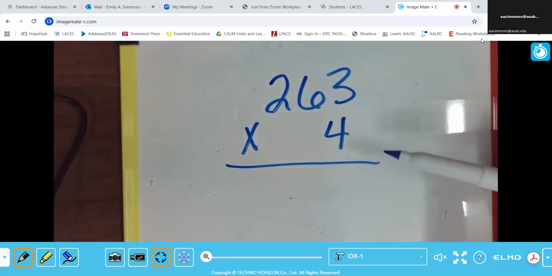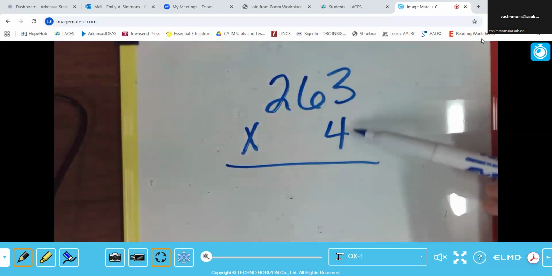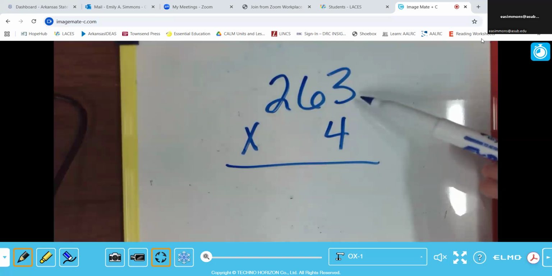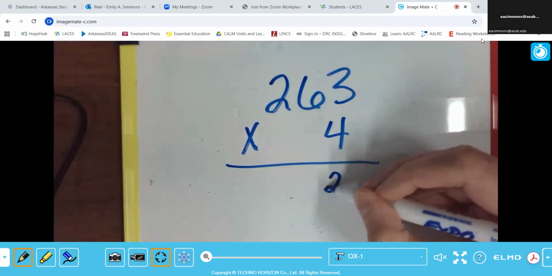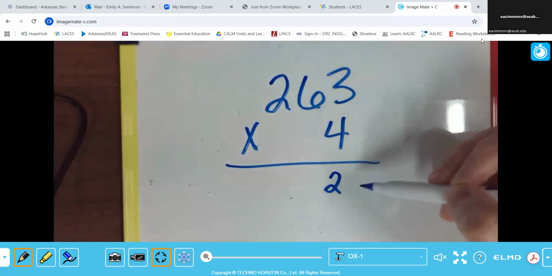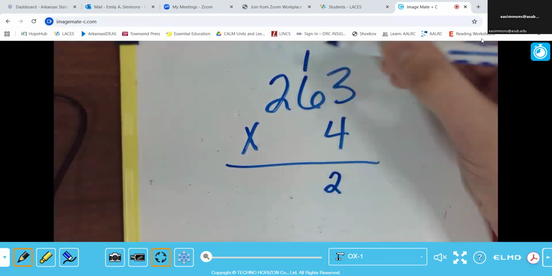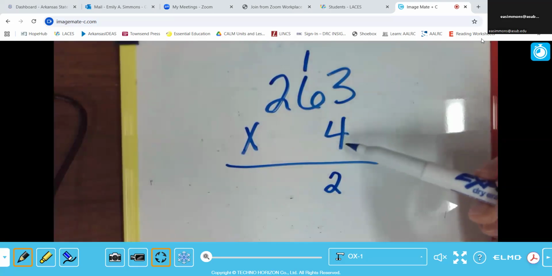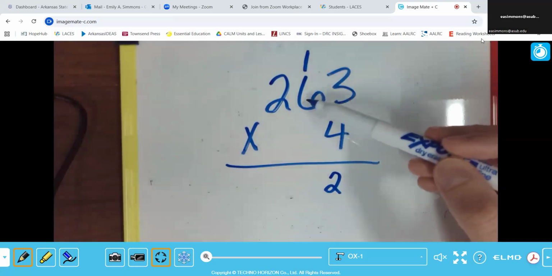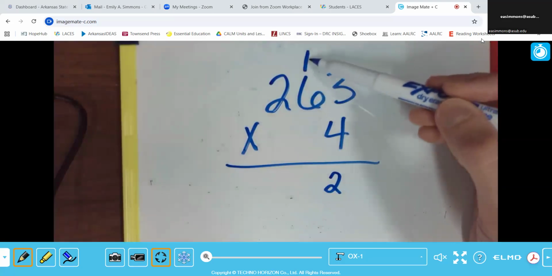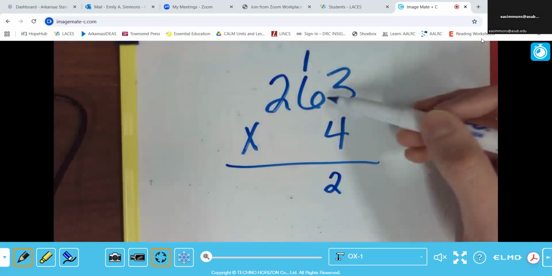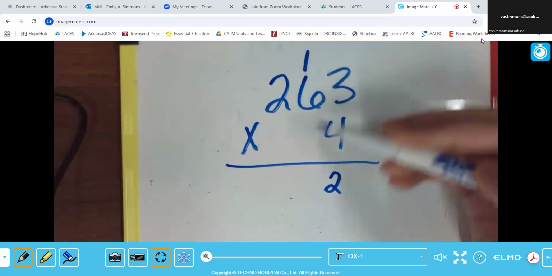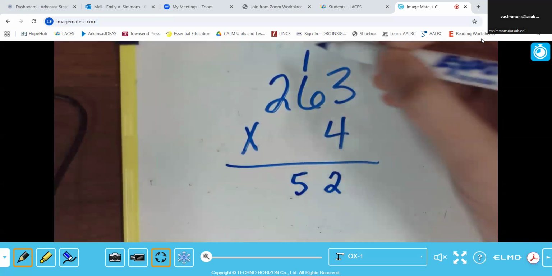When we do long multiplication, we want to multiply everything on the bottom of our multiplication problem by everything on the top. So we'll start with 4 times 3 to get 12. And when we have a multi-digit number that we get, we'll always carry the tens place. Then we'll do 4 times 6 to get 24, and we're going to add that one we carried to it. When we've carried something, we always add it to what we multiply to get in long multiplication. So 4 times 6 is 24, and add 1 to that, and we get 25. Now we carry our 2,